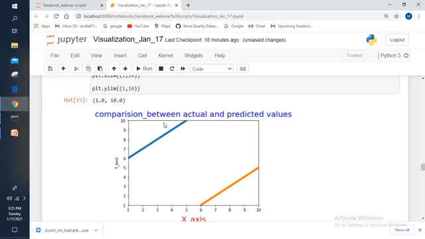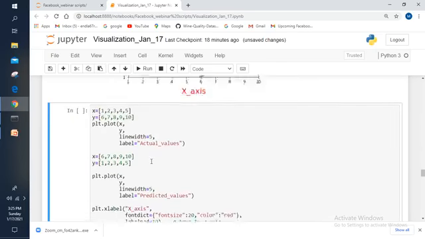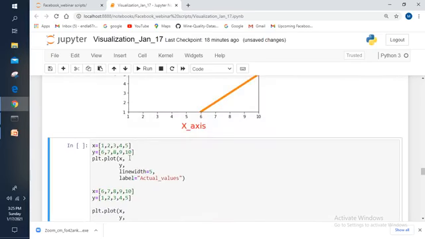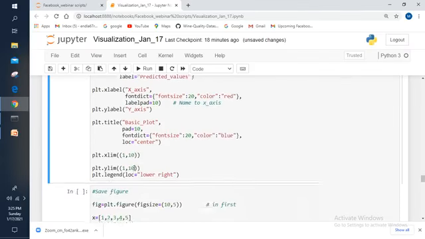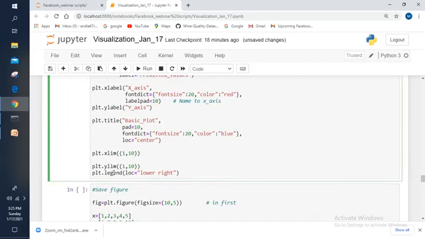But I'm not getting the information about what this line represents and what that line represents. If you want to show that, then you need to use the legend function. Here I'm using the legend function.